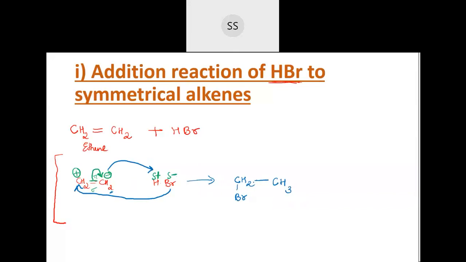HBr by nature is a polar molecule. This is polar in nature, and this compound is non-polar in nature. But when you bring a polar molecule towards a non-polar molecule, they will get polarized. So I have just shifted these charges. I have taken this electron density to one carbon, making it negative, and the other carbon will lose it, so it will get a positive charge. Once this charge separation is over, you add this. This negative you bring towards this positive, and this carbon which is negatively charged takes H plus. So this will be the compound formed.